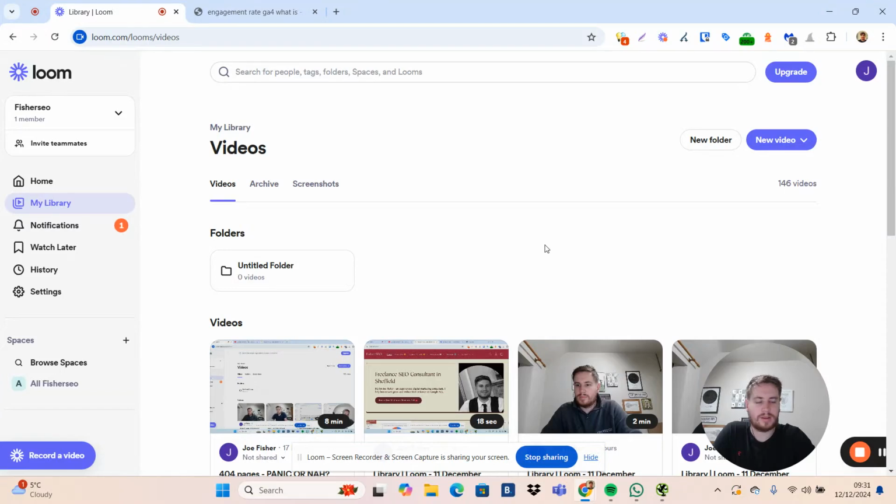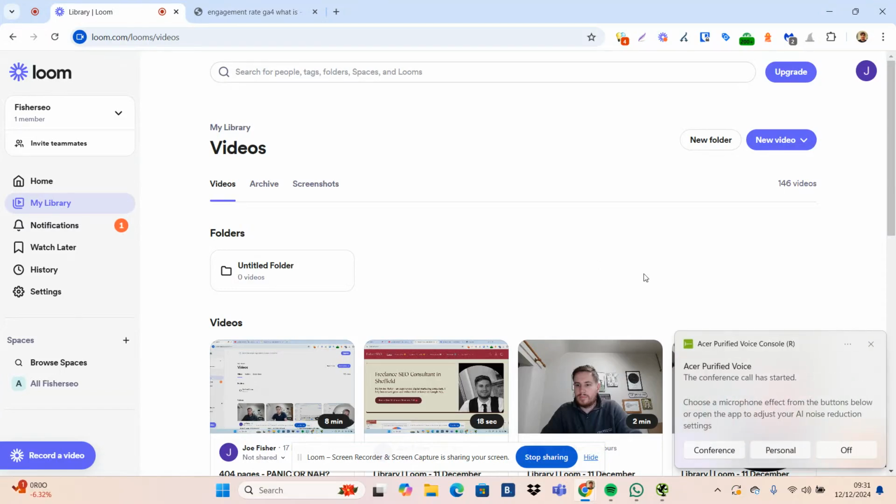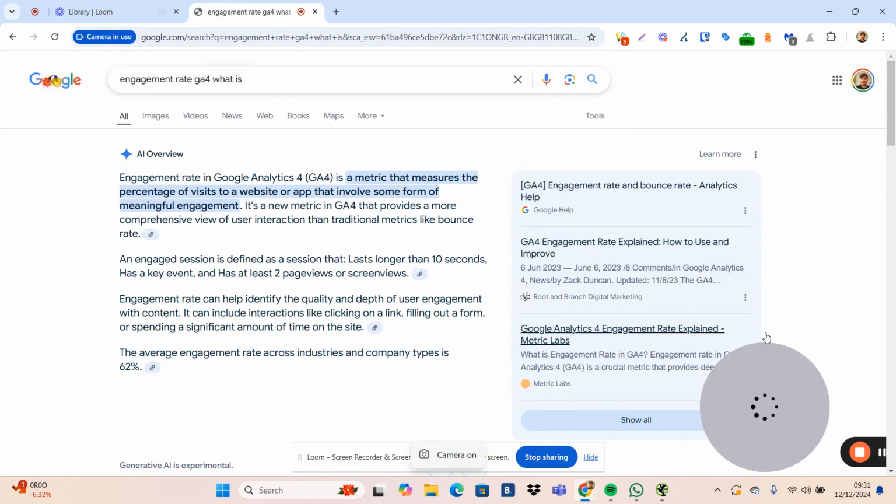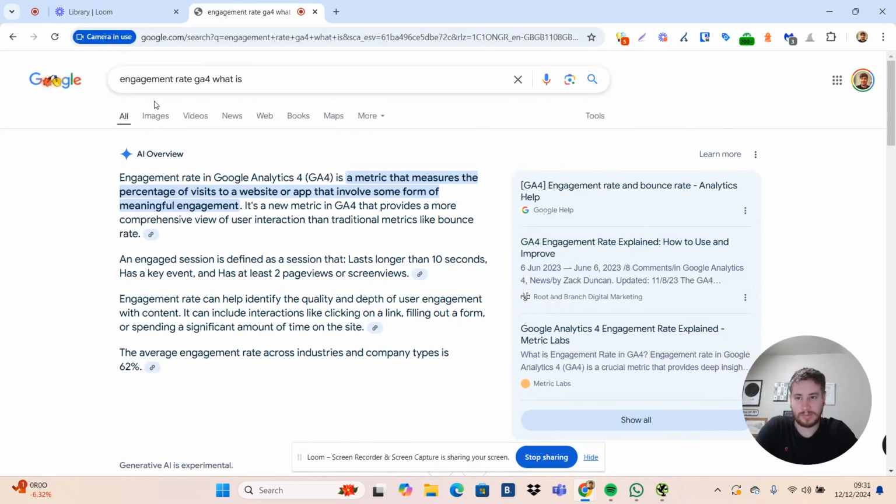If events are set up correctly on GA4, increasing engagement rate is pretty much always a good idea. So, what is engagement rate? I've just done a quick search. For some reason, I've searched it like Yoda instead of "engagement rate GA4": "What is?" But it's summed up in the AI overview as engagement rate in Google Analytics 4 is a metric